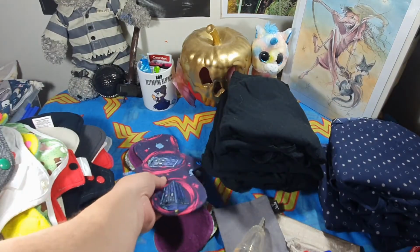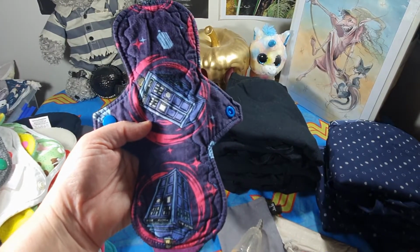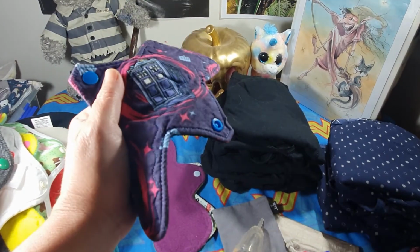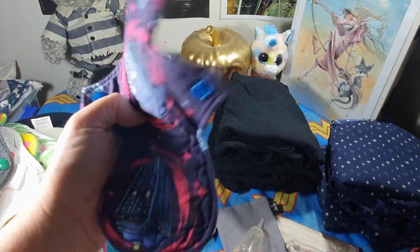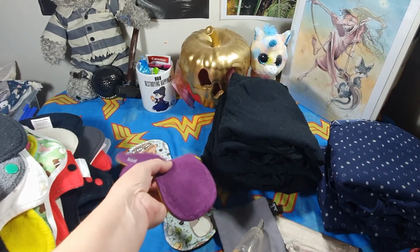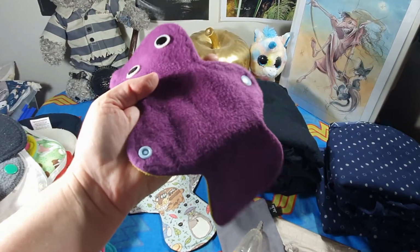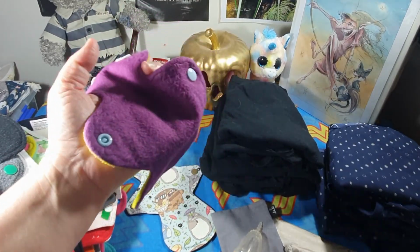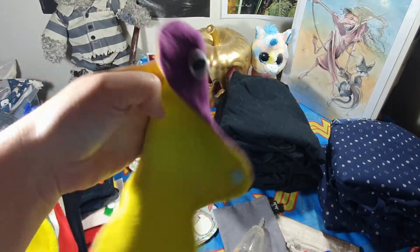Then it's this 9-inch Doctor Who by Handmade by Hetty, which is cotton topped, Zorb and flannel core and fleece backed. And then this 9-inch Puppet by Sunshine Bums, which is organic cotton sweatshirt knit, organic cotton flannel and terry clog and Winpro